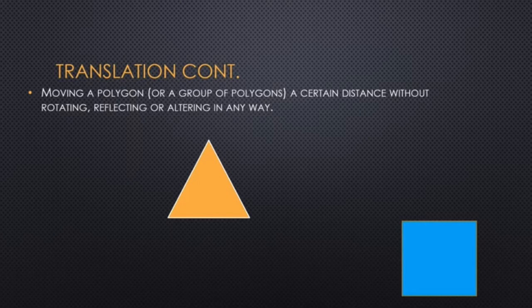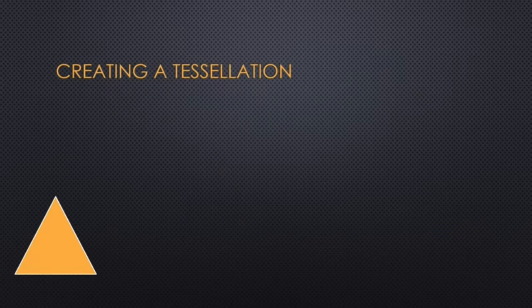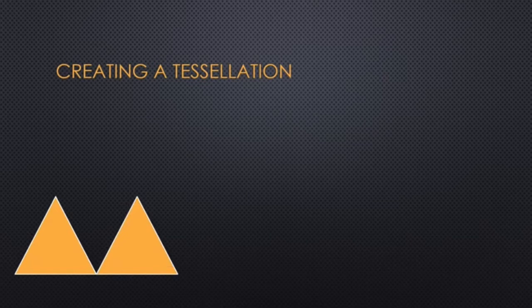And that is a really important part about a translation, is that they're moving, but they're not changing their orientation at all. Take a look. So if we were to create a tessellation here with just a triangle, I could quite simply, well, right here,